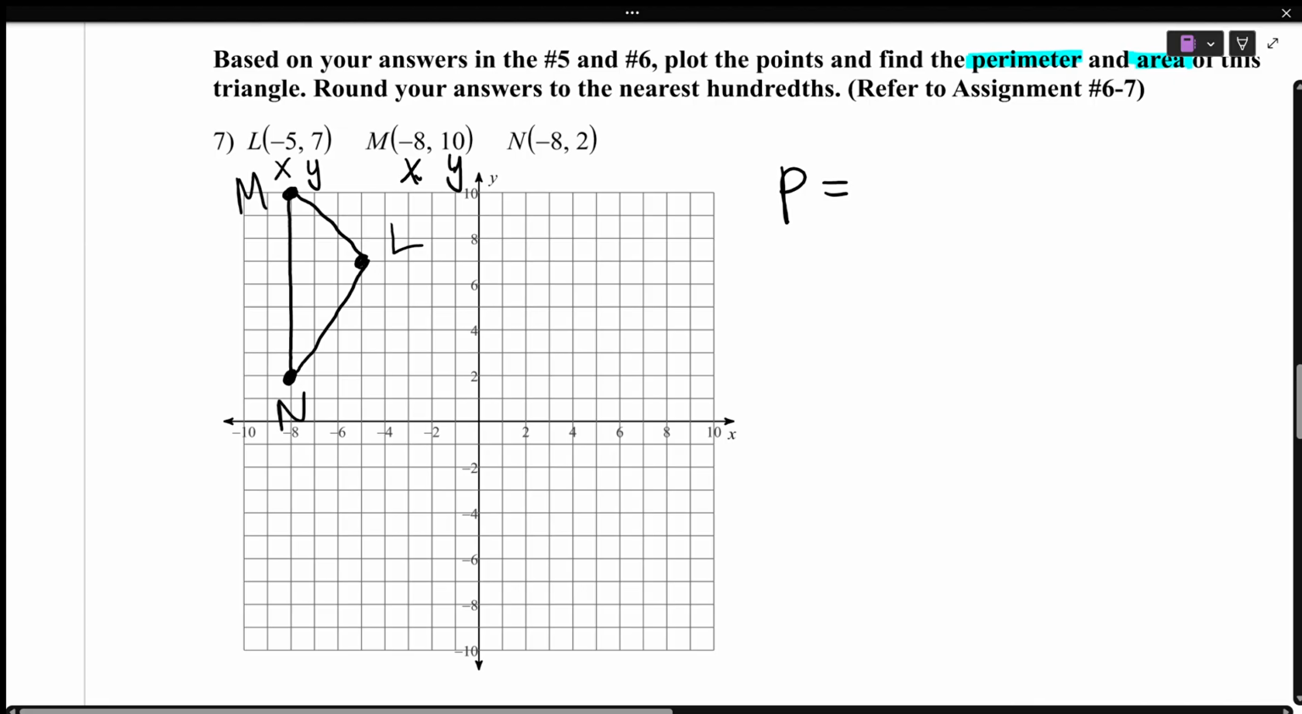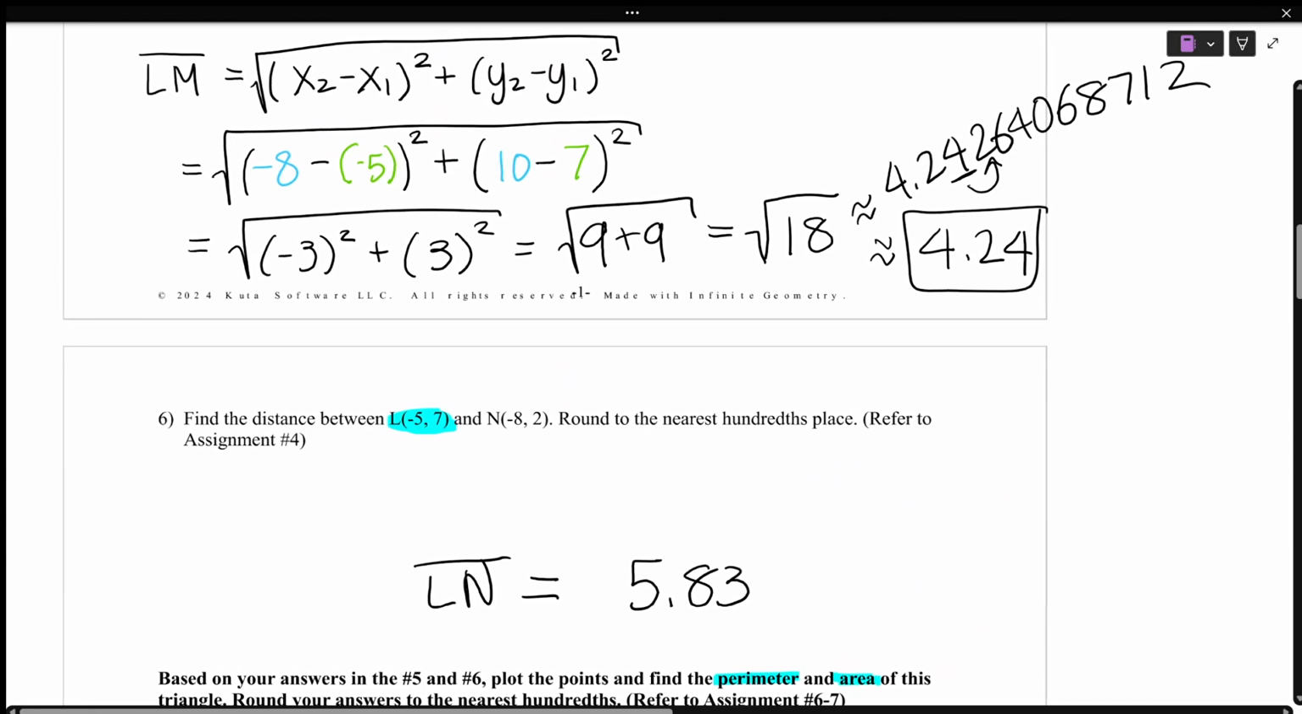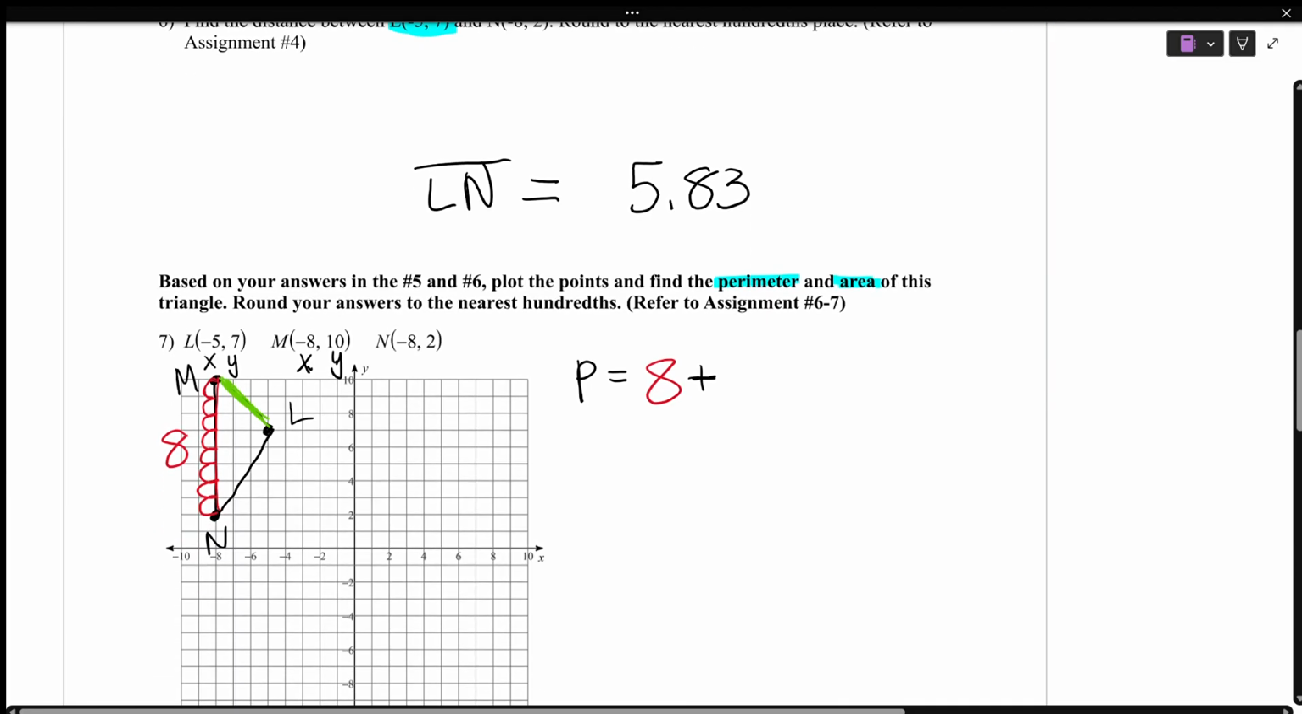Perimeter just means you add up all the sides. So for this side right here, all you have to do is count the boxes. So 1, 2, 3, 4, 5, 6, 7, 8. Oops. So MN is just 8. So that's 8 plus ML, right? ML, that was our answer right here. LM, ML, same difference, right? It's going to be 4.24, so we know this is 4.24